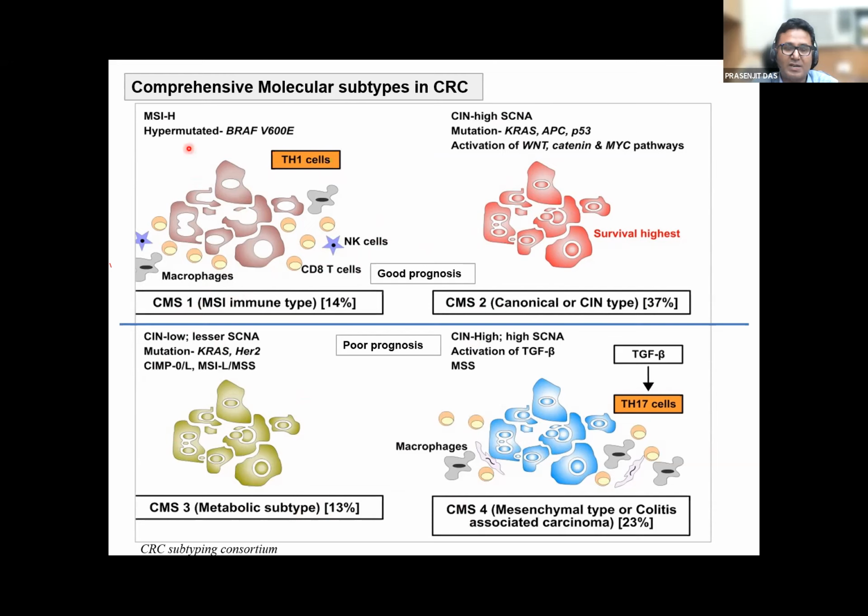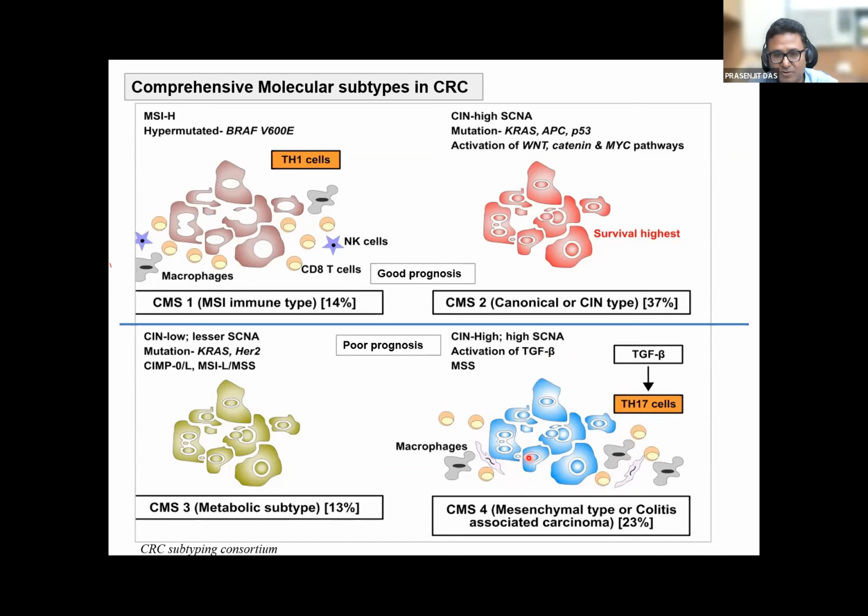Type 1 is the microsatellite unstable phenotype. Type 2 is the chromosomal unstable phenotype. Type 3 is a metabolic phenotype where we identify more glucose metabolism disorders, and type 4 is the inflammatory phenotype. Here it is also called the mesenchymal phenotype because of high EMT, that is epithelial mesenchymal transformation,